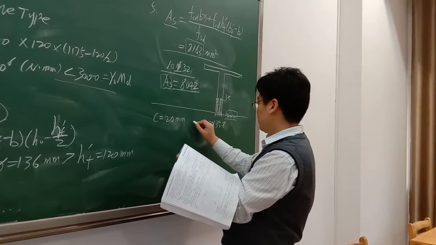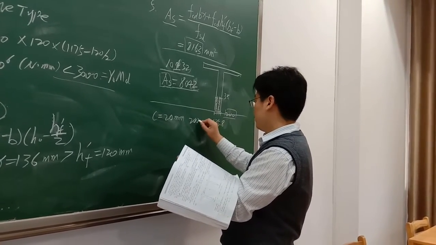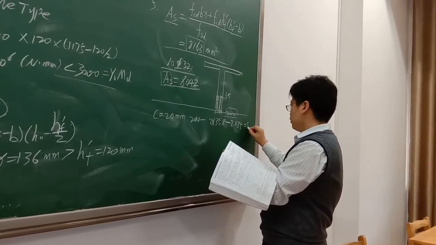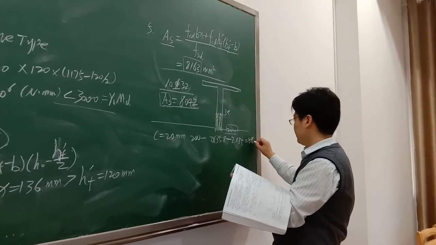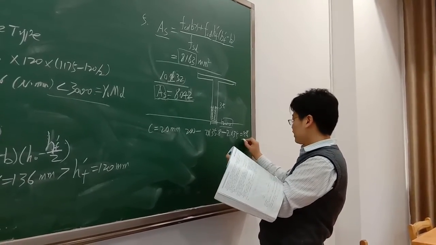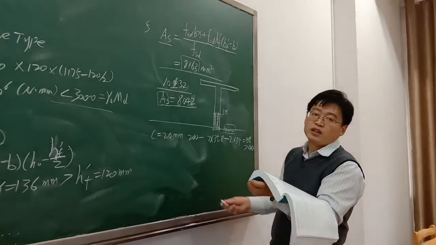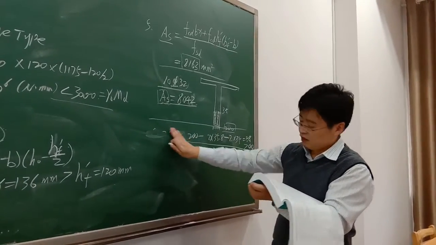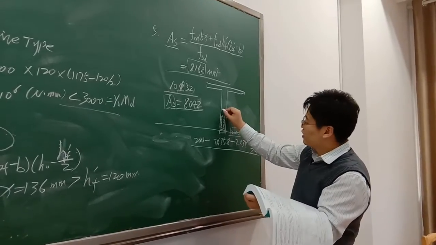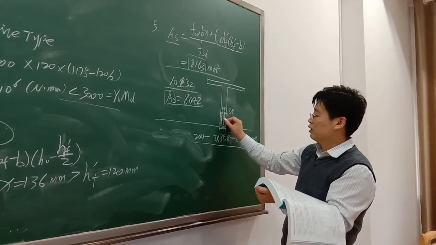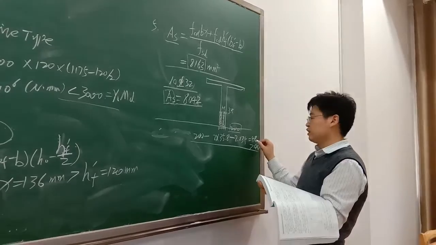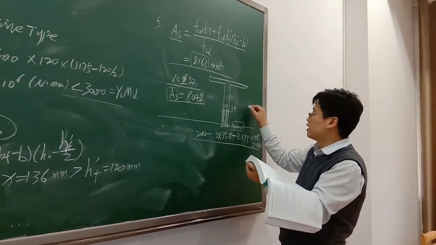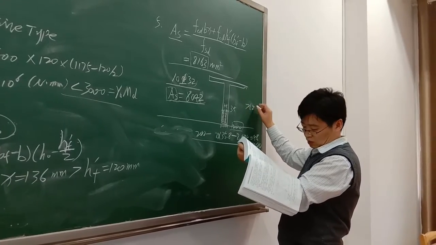So now it is 200 minus 2, equal to 58, larger than 40. So they check this condition: the space between these two columns is larger than 40, so they meet the requirement. Because this distance should be larger than 1.25